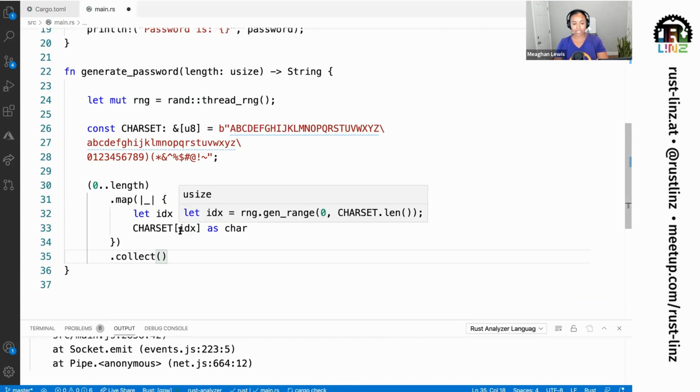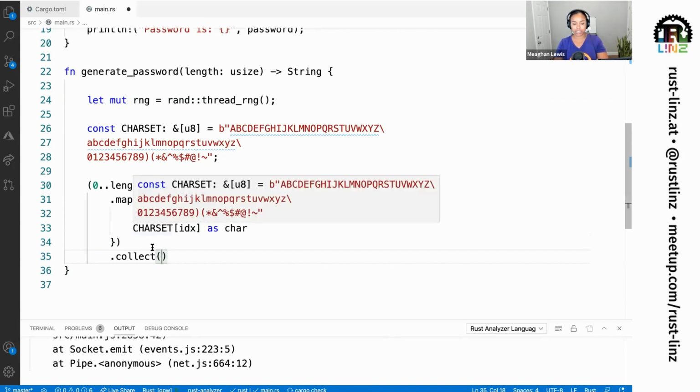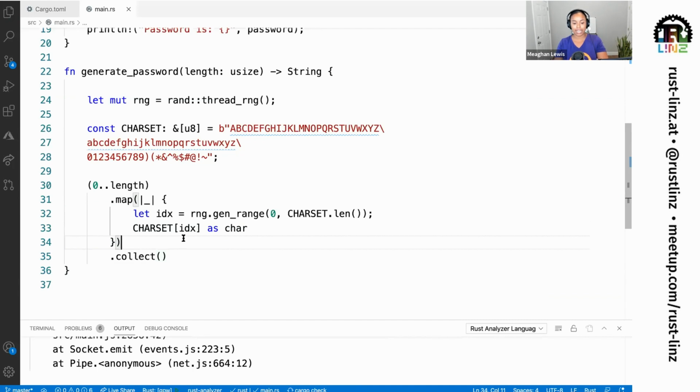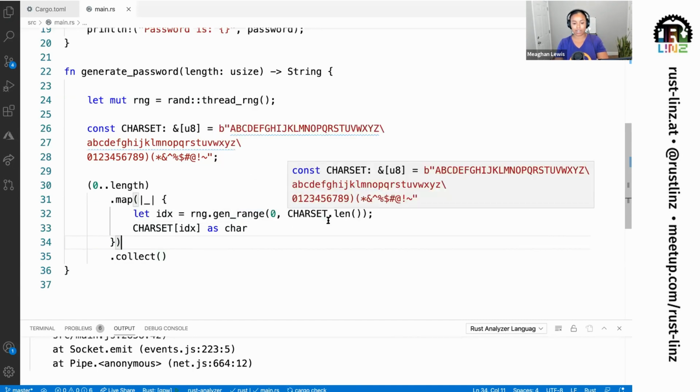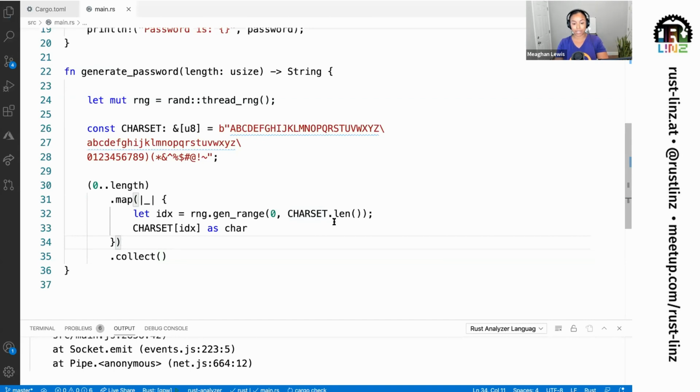So what this is going to do, and I'm going to shortly debug this so we can see exactly what's happening in here, is for each index, starting at 0 up until the length of this char set, I'm going to pass in a different index. So eventually we're going to get as many indexes as there are different characters. And then we're going to collect that. So we want to call this collect method.